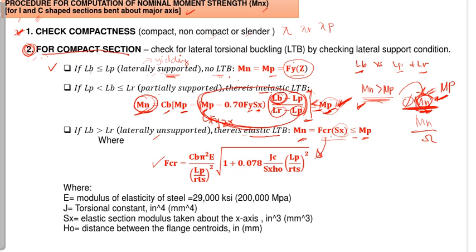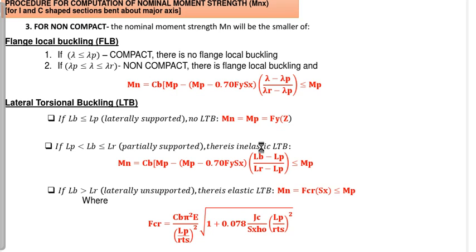So, this second step is for compact section. So, pag sa step 1, compact section, dito kayo titingin. So, pag sa step 1, ang sagot ninyo, if you check the compactness, tapos naging non-compact yung ating section, dito naman kayo tutuloy. Dito. Sa step 3. So, this is for the